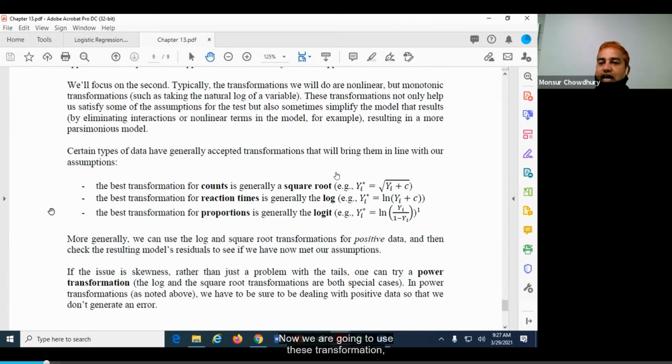We call it the logistic, where we take the log of odds. I'll define what odds is, but this is the transformation to make it linear: Yi equals ln of yi over 1 minus yi. Now let's go back